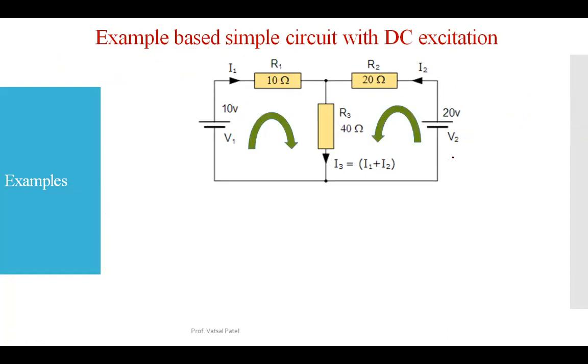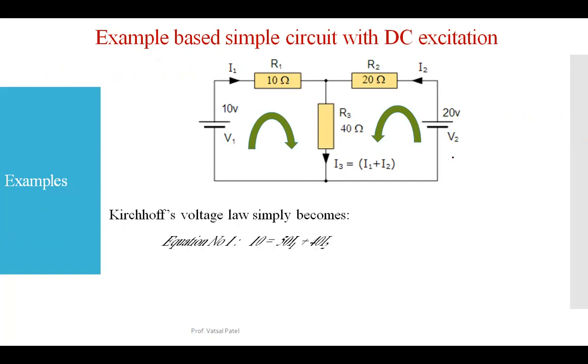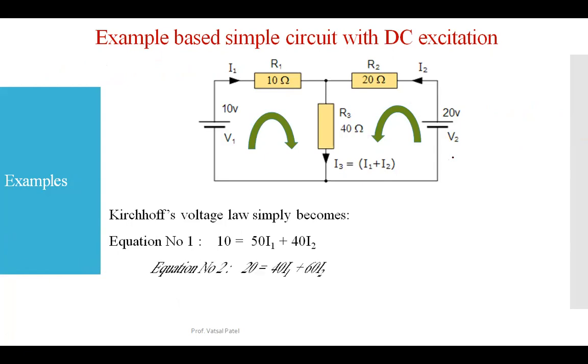Okay, so I will show you the step-by-step procedure here. As per this, the direction is indicated here: clockwise, anti-clockwise, clockwise and anti-clockwise. If you apply KVL here, the first equation we identify is 10 = 50 I1 + 40 I2, and the second equation is 20 = 40 I1 + 60 I2. So if we analyze these equations here,